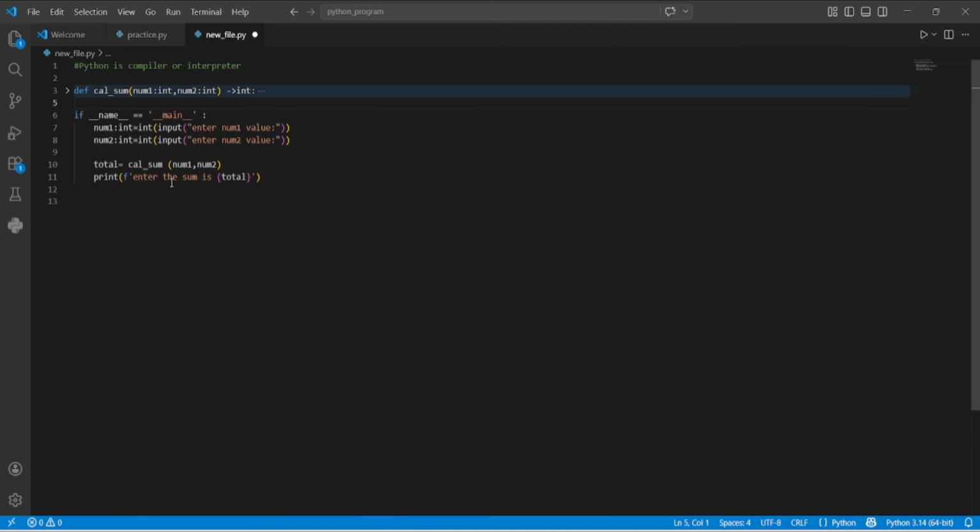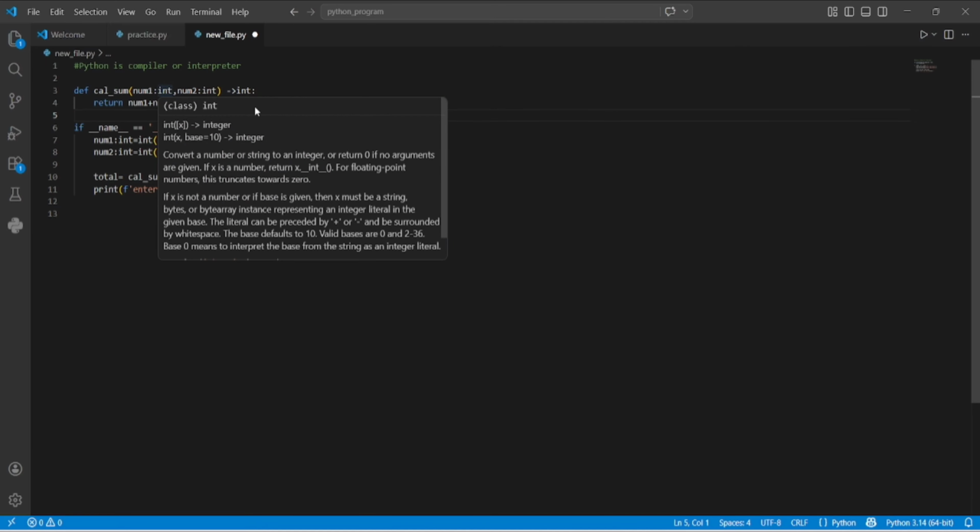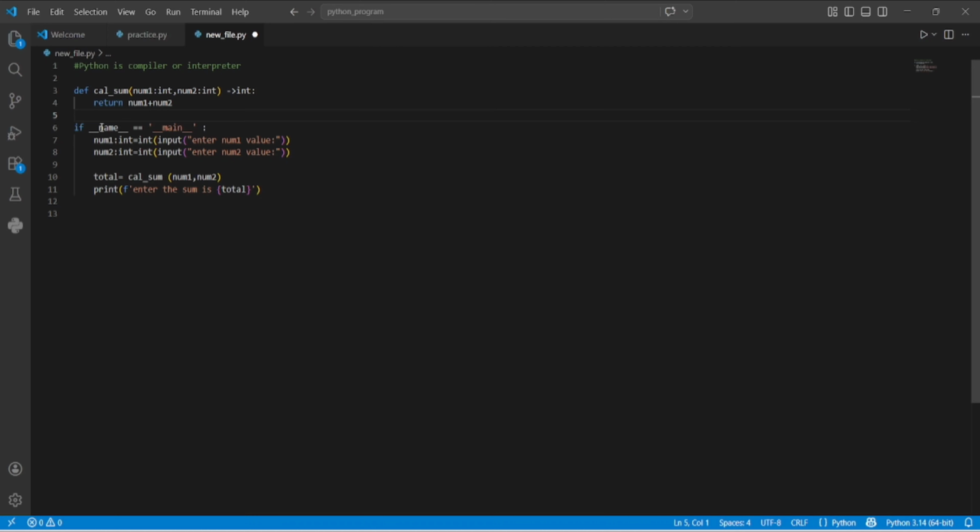So in this main part, I declare two variables and take an input of the variables, and here I call the function which is cal_sum. Let's see the function. So this is the function body. This is a normal structure of code where I define a function and function parameters, and it has a return type, which is a complete function definition,